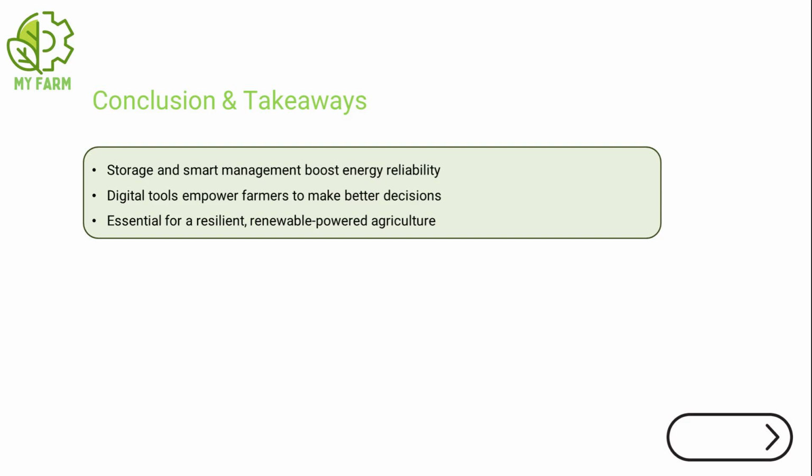In conclusion, energy storage, smart management, and digital monitoring are essential pillars for renewable energy in agriculture. They ensure a reliable power supply, reduce costs, enhance efficiency, and support sustainable farming practices. By combining these technologies, farms can operate independently, efficiently, and resiliently, even in the face of fluctuating weather and energy